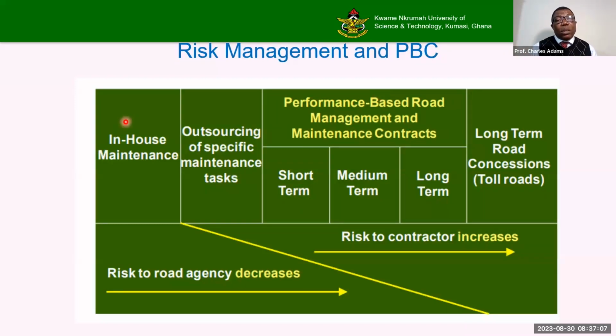But if you look at the different ways we procure roads, from force account all the way to concession, and then we have the OPRCs in this category, you see that risk to the agency decreases and then risk to contractor increases. And that is food for thought. Sure, we'll have time to talk about some of the details later on.